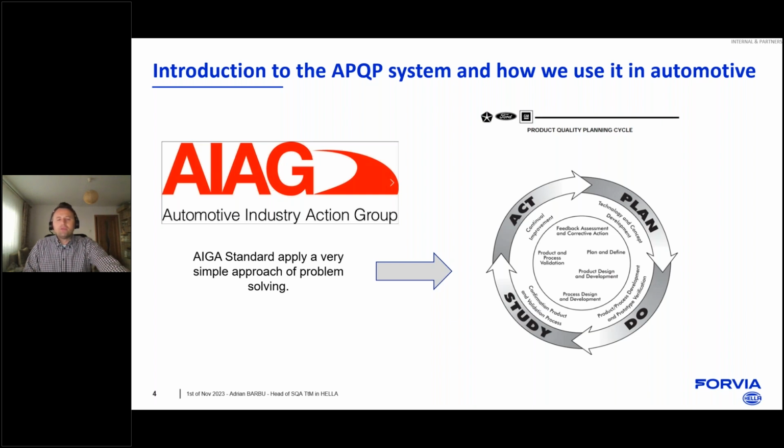Within the supply chain, all the external suppliers are using pretty much the same system, and we as HELA are using this approach with our suppliers in the same direction. Of course, the customers or the OEMs as well are using the same approach with us, and this is always within a loop of continuous communication and improvements for our product.